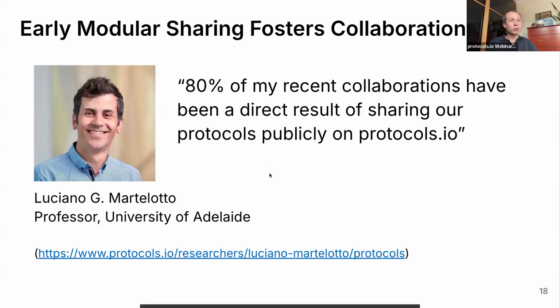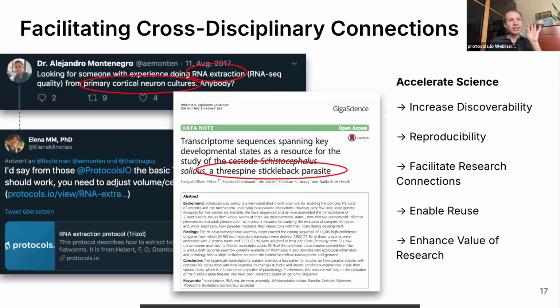It brings awareness to the work that you've done and can lead to collaborations and partnerships with others who are also using that particular technique, but maybe are not experts in it. And this is enabling reuse this way, and having collaborations. These are not specifically peer-reviewed papers, but I would say that